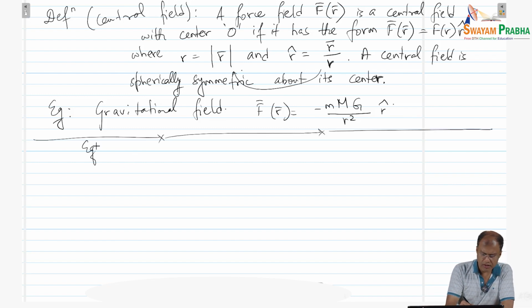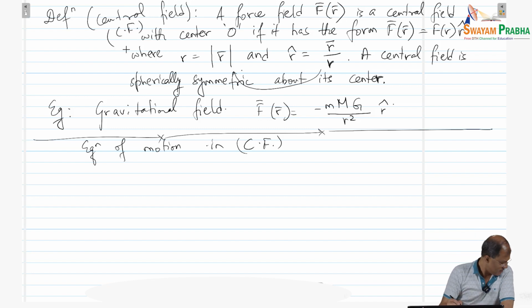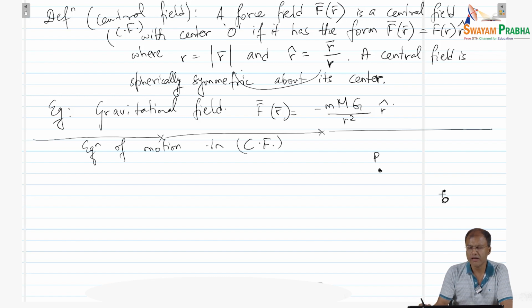So, equation of motion in central field. Let me denote central field by CF in future. Okay, so let me draw some diagram, because in all these problems involving physics, it's very helpful to have some reference diagrams. So what we have is a particle P, and let's say we have some sort of an origin. Let us keep the heavier object, which is the sun in our case, at the origin O,